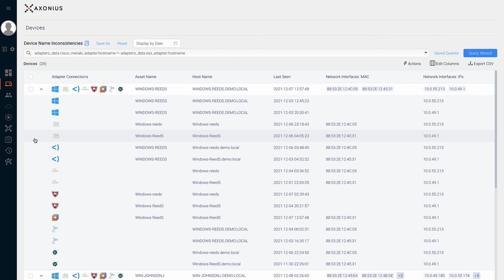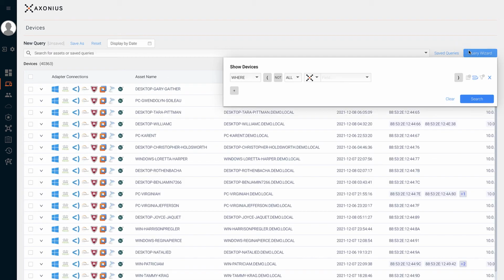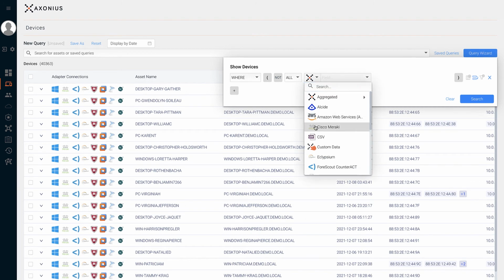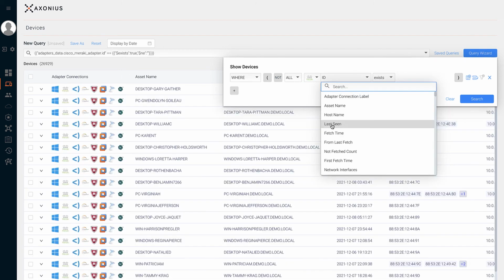For this use case, our goal is to identify the nature in which duplicate devices are being observed by Cisco Meraki. From the last search, I noticed that there were some entries that were seen in the last day and others that were seen more than 2 days ago. The goal is to search for devices that were seen in the last day and weren't seen in the last 2 days. If I were to create 2 expressions with Meraki as the adapter and last days as the field,